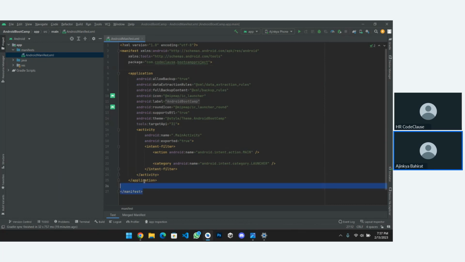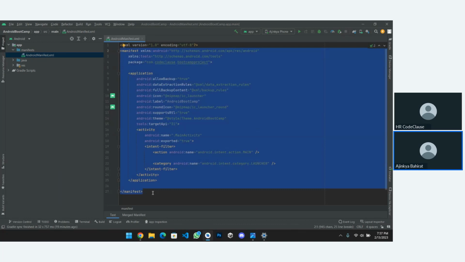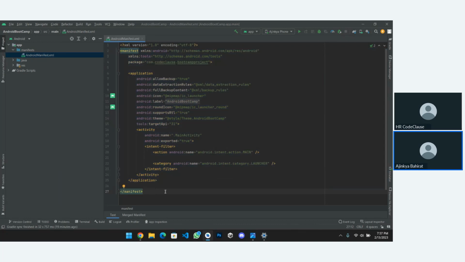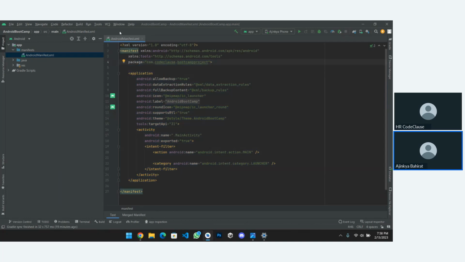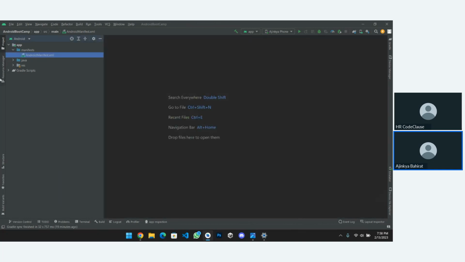Also, in future while developing applications, we can add our permissions over here. As you can see, this language is XML. It is a tag-based language. If you are familiar with simple HTML, you can easily get to know this language. But we need not change anything in this file. It will just be added automatically. But if we go further into advanced things, then we need to change some things in that particular file. Okay, we will close it.